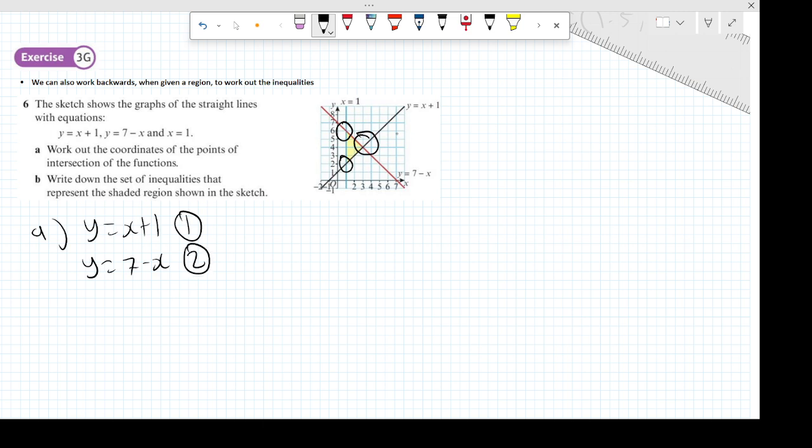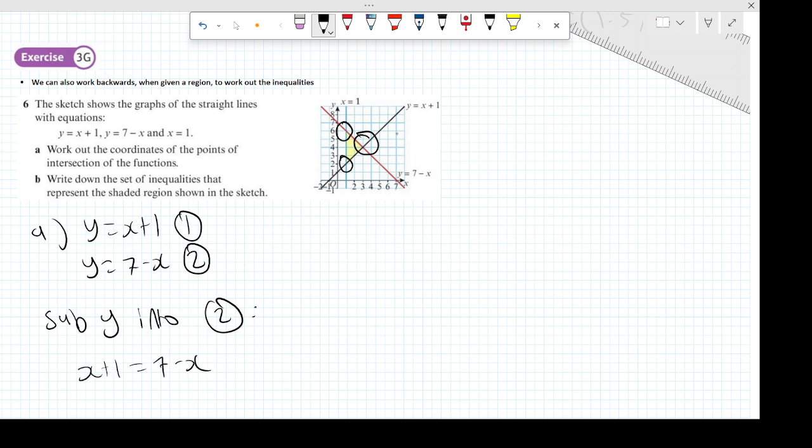These are simultaneous equations, right? Remember that the intersection of 2 lines or 2 graphs or 2 curves means they can be solved simultaneously. So that's what we're going to do. We can substitute one into the other to solve it. Let's sub the first equation, because that's y, into the second equation. So the two y values are equal, so that means x plus 1 is equal to 7